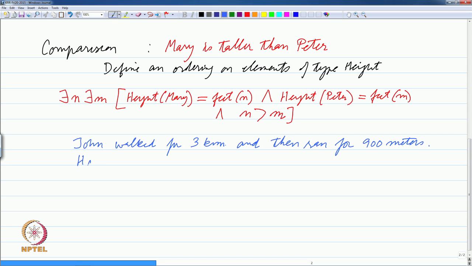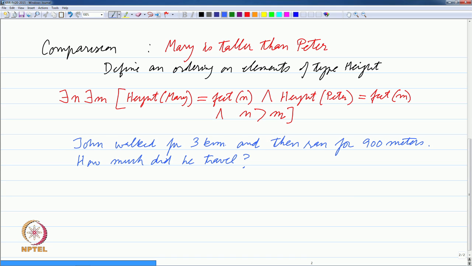And the question is how long, how much did he travel? You know, these kind of problems occur all the time in kids books when they are learning maths,